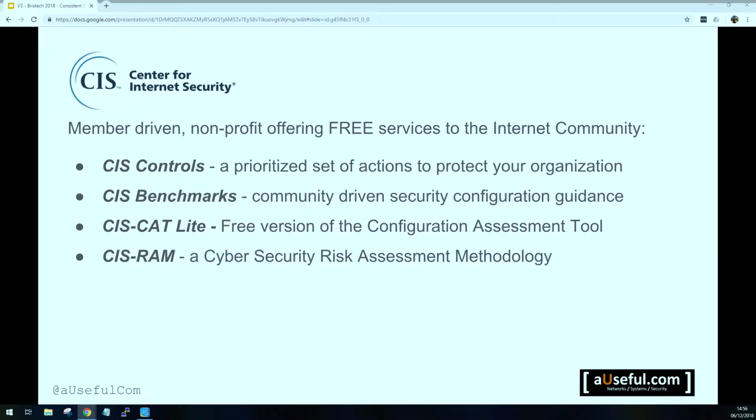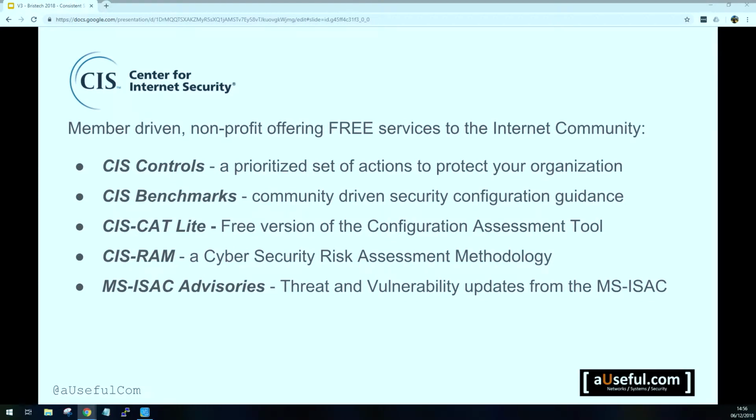CIS RAM is a risk assessment methodology. So it links in, it uses the CIS controls and benchmarks, or optionally does, and it includes templates and methods and examples to take you through from a beginner level through to an expert level to conduct an effective cyber risk assessment for your